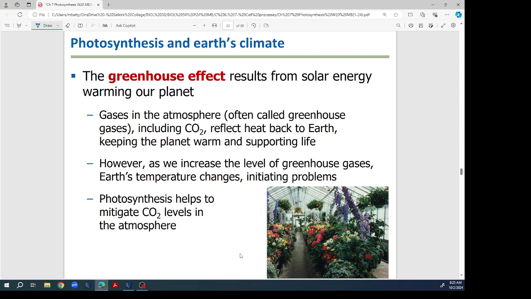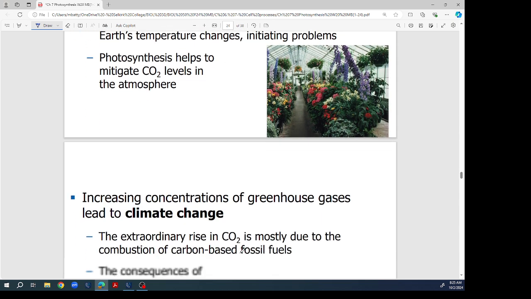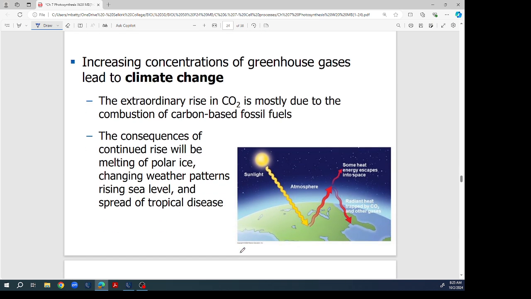So the greenhouse effect and carbon dioxide, greenhouse gases are part of the topic of photosynthesis because we've got photosynthesis to mitigate our carbon dioxide levels in the atmosphere. And so climate change is a big part. And so carbon-based fuels, fossil-based fuels produce more carbon dioxide, and we need more plants to photosynthesize and use this